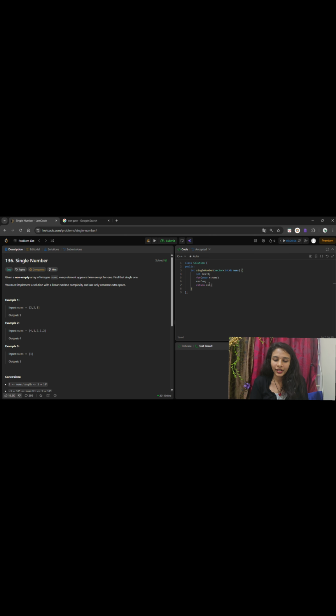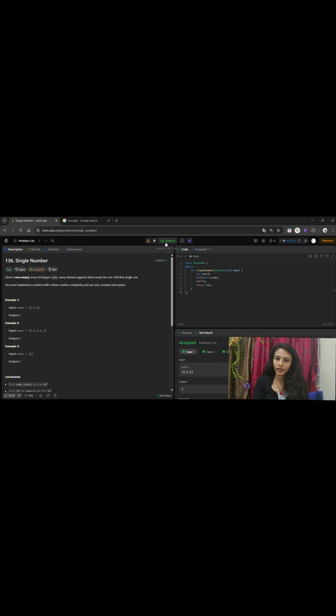Here I am just using an auto iterator traveling through nums, and this is similar to resultant equal to resultant XOR n. So n is iterating over every number, and we are storing the XOR in the resultant, and we are returning this. We can also just use a for loop by defining n equal to the size of the array. So if you run this,